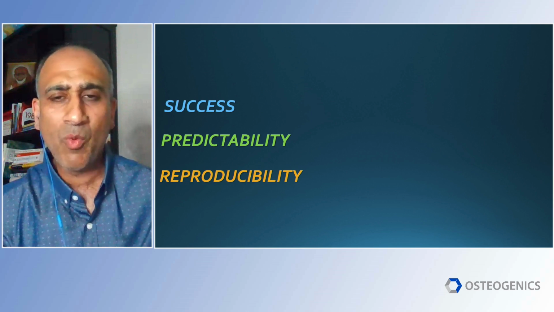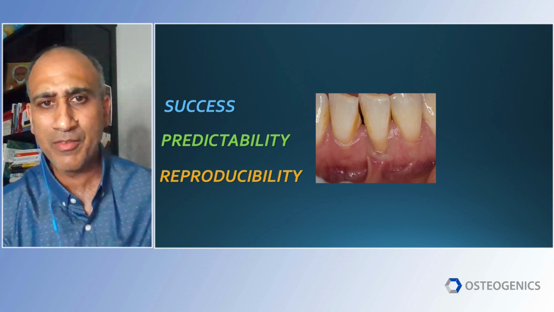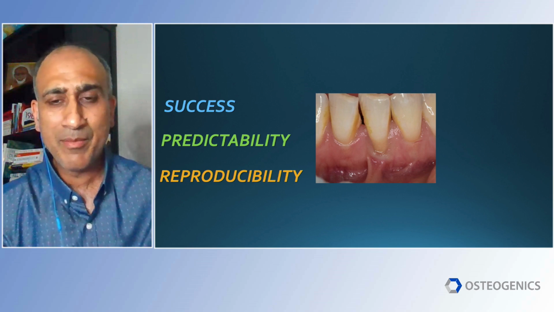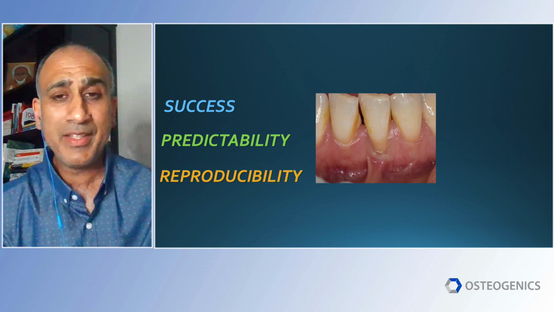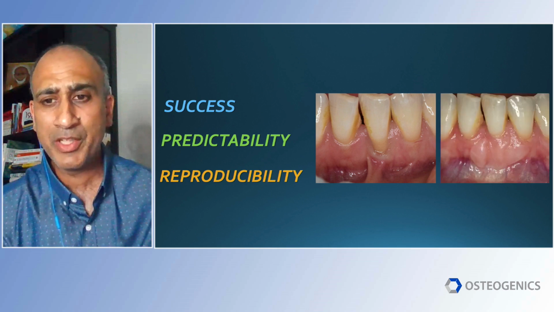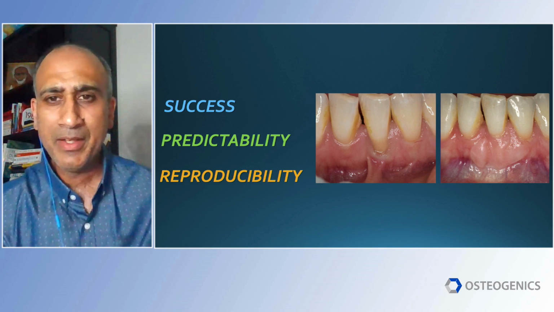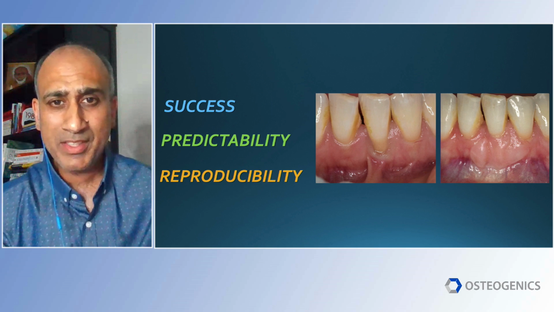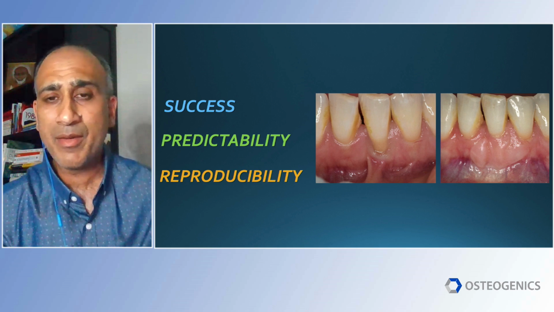But success can be a one-time thing. Okay, so for example, everyone who knows me knows how much I love doing free gingival grafts. In my humble opinion, it's one of the most predictable, successful techniques for root coverage in the anterior mandible. So a successful outcome would be my ability to achieve complete root coverage for tooth number 24, for example. Now, if I was to do this once but never again, then I'd be having success, but the procedure would